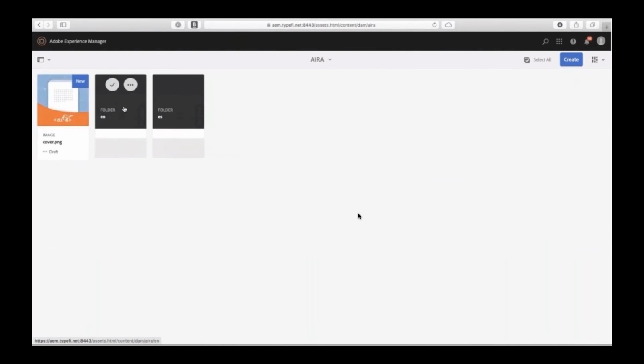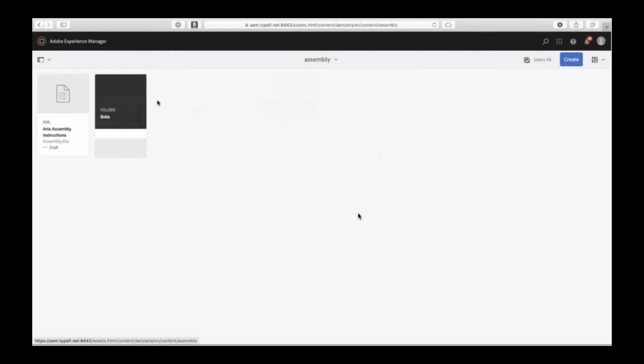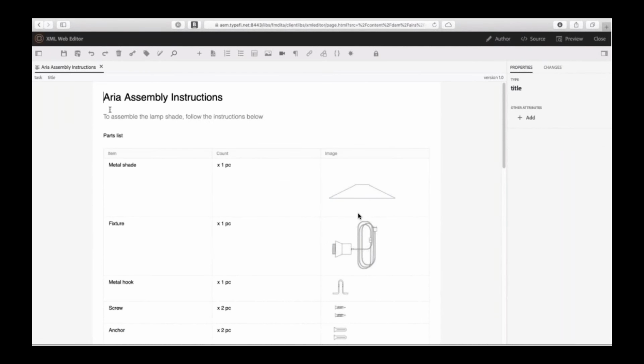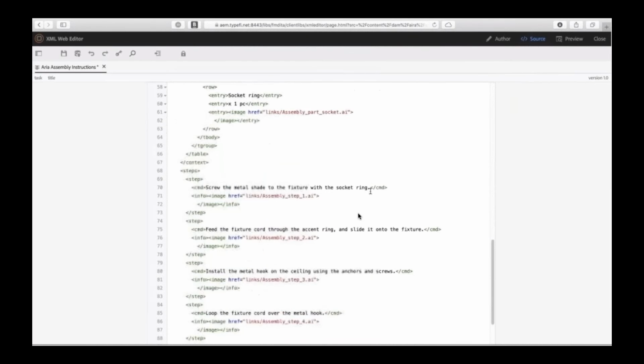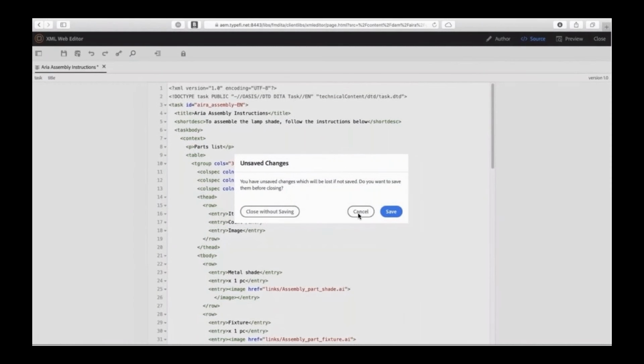So within our content folder for brochures, we can dive in and look at our source content in data format. Using the editor mode, we can look at the underlying source of our content in the data format.